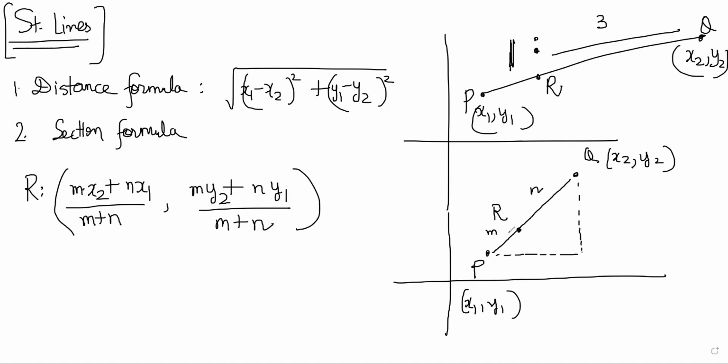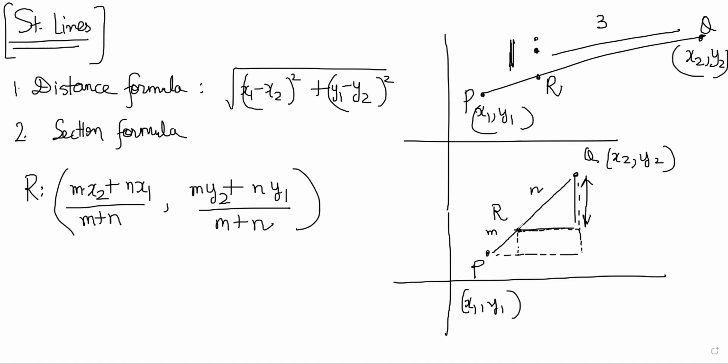So why are we doing that? You will realize that if I draw a parallel line like this and a line like this, you can say that this triangle is similar to the big triangle, right? And you can easily find out this ratio.